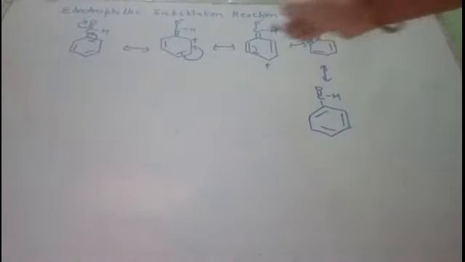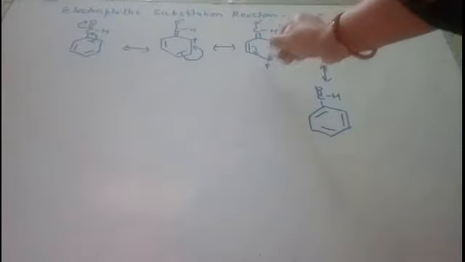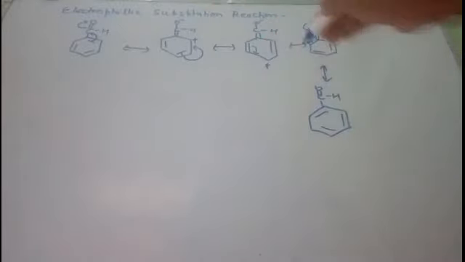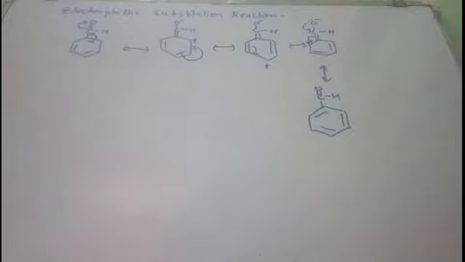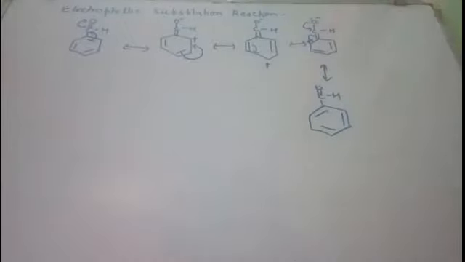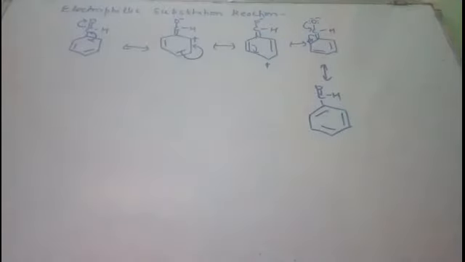Now you can see that here is the ortho position, the para position, and this is also your ortho position. These positions are positively charged, so the electrophile cannot come because the electrophile is also positively charged or electron deficient. So it cannot attack at those positions. Now the remaining position is only the meta position. Hence the electrophile can come and attack at the meta position, and therefore they are meta directing groups.